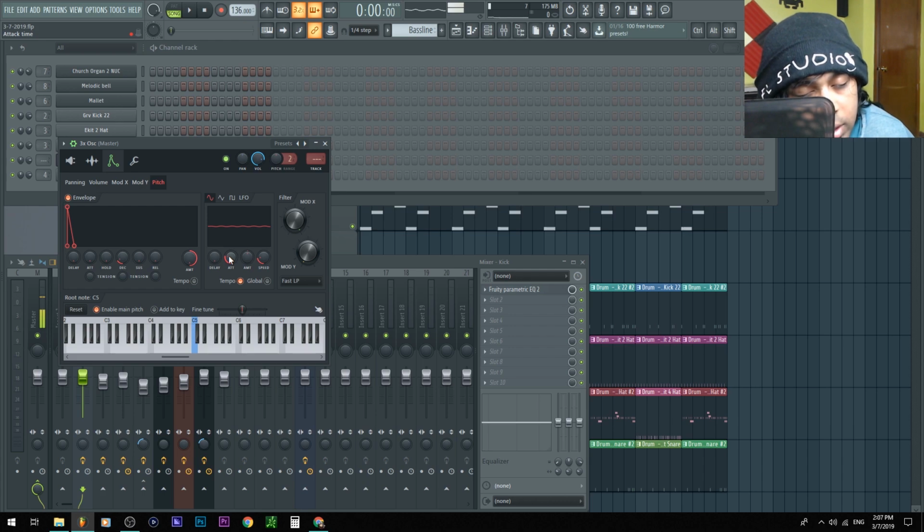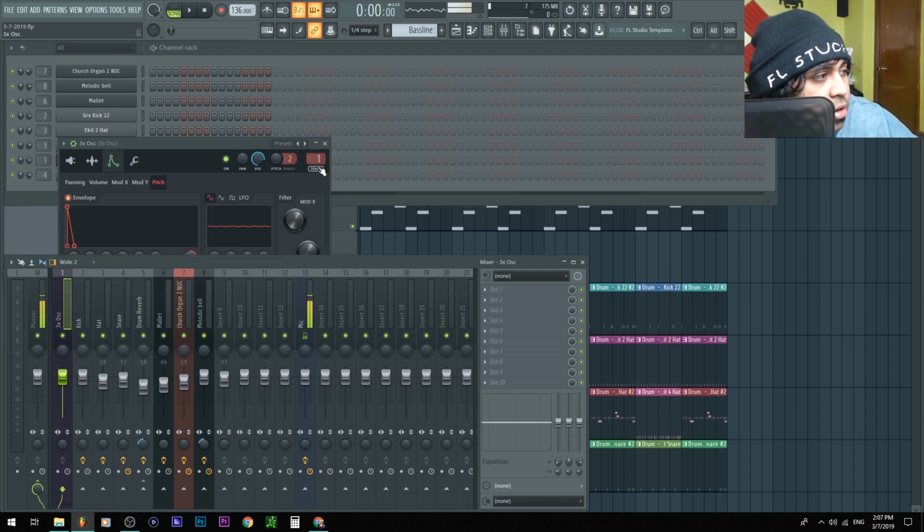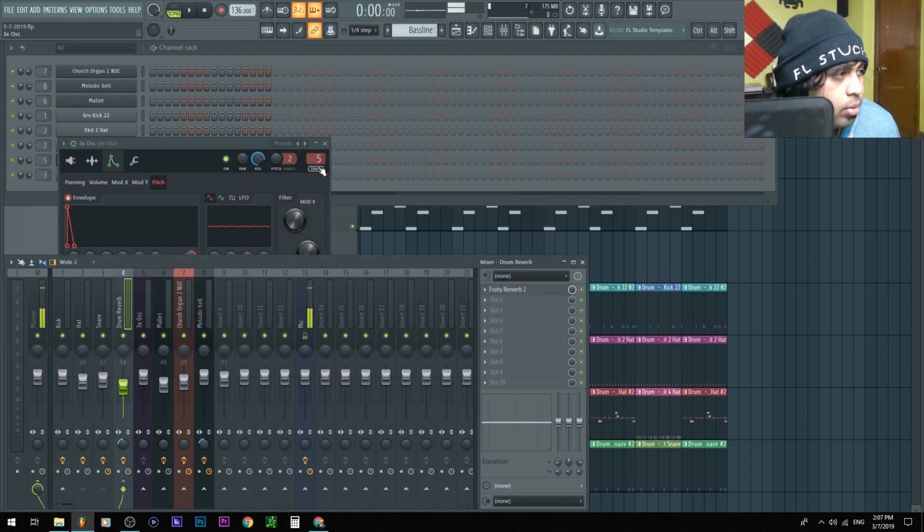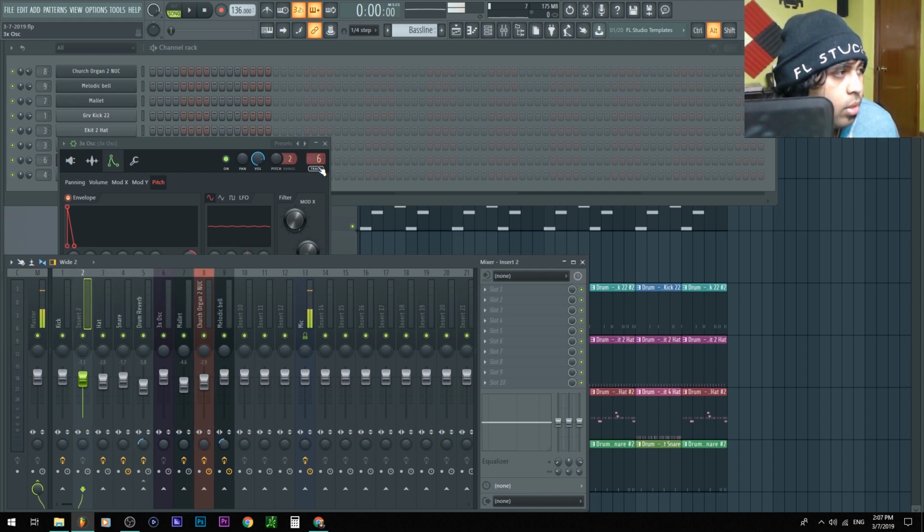It depends on the speed, attack. I like it. I'm gonna put it into a track and put that over there, and let's make a bass line. I'll put it here actually.